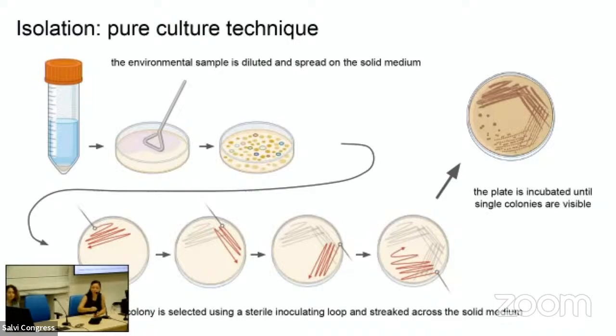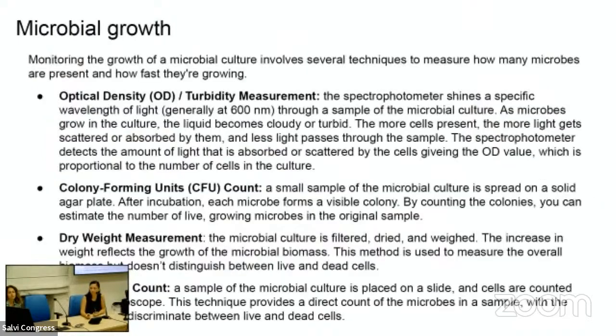Basically, the sample is spread on a petri dish, and from all the different colonies, you can pick just one and streak it with a specific dilution pattern on the petri dish. Then after the incubation, you can find the single colonies on the petri dish, on the solid medium. We also have different